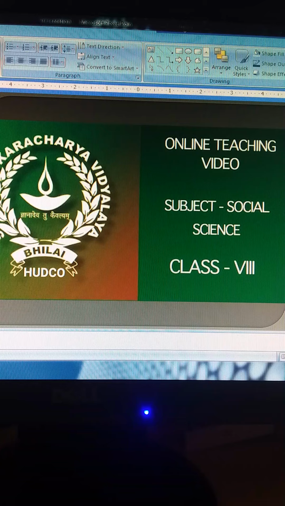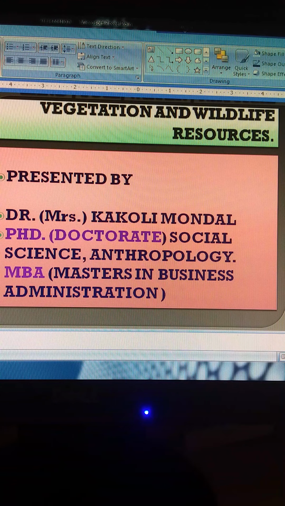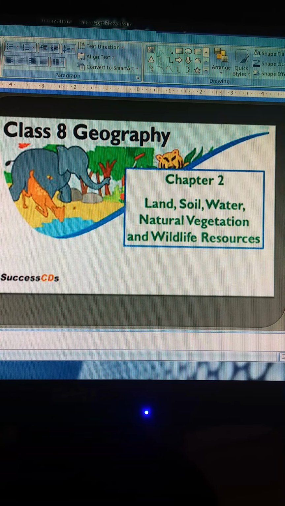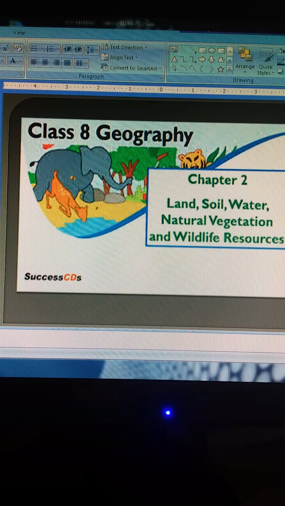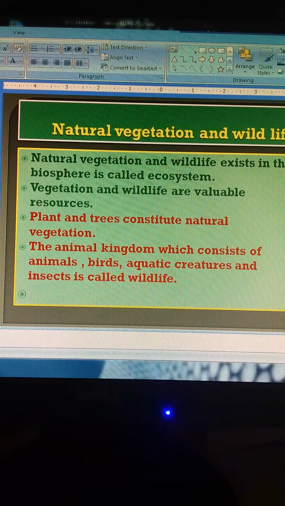Today we are going to read the geography chapter, part 2, that is chapter 2, land, soil, water, natural vegetation and wildlife resources. We have read a lot about the land use earlier. Then we have read about the soil profiles, factors of the soil formation, degradation of the soil, conservation measures. Then we have read about the water, availability of the water, problems of water availability, conservation of the water resources and a lot. So today we are going to start with a very interesting part of this whole chapter, that is